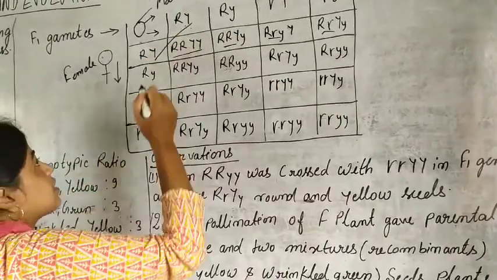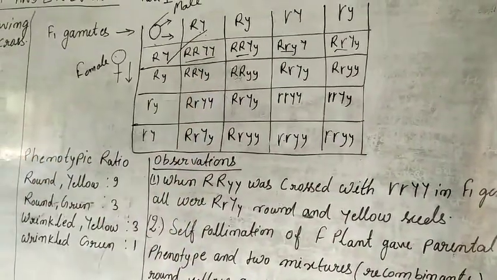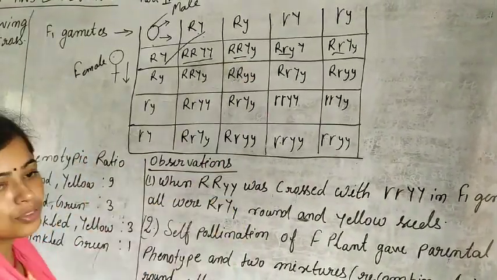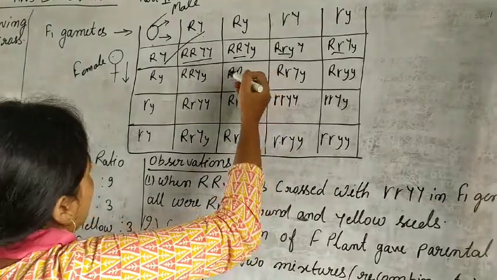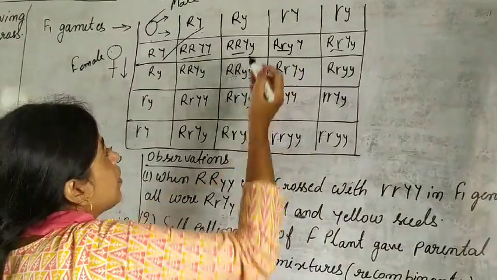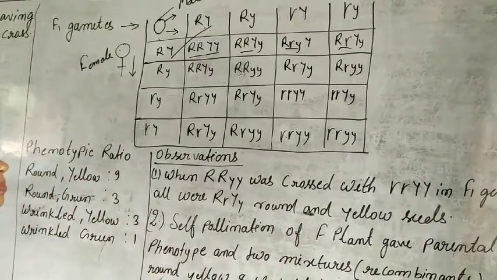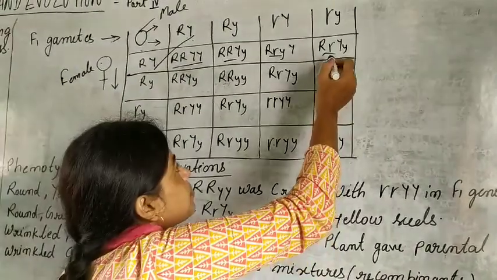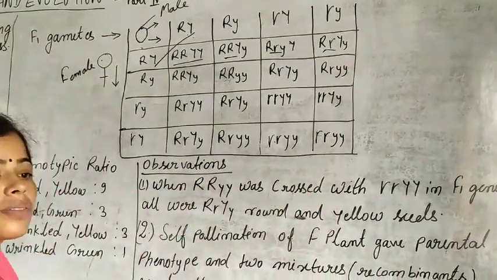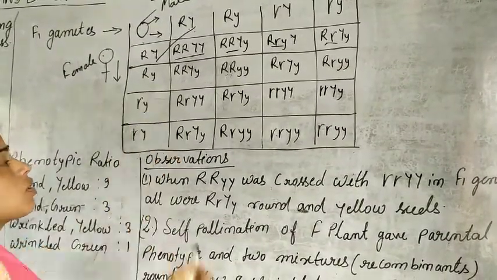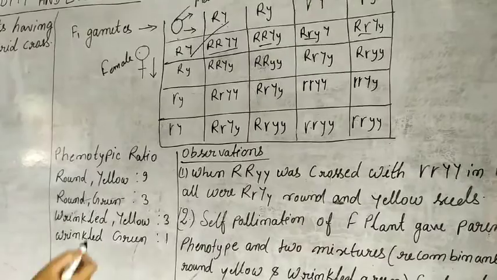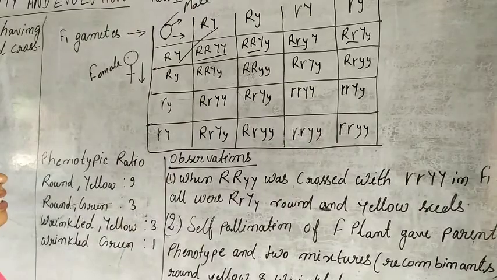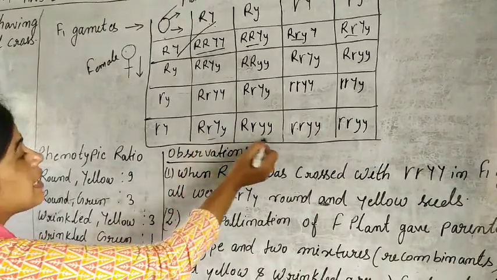In the first generation, we can see that all the gametes are tall. In the next one, 3 are tall and 1 is dwarf. In the third one, 1 is tall, 1 is short, 1 is also short, and the last one is tall. And the last pair is 1 tall, 1 short, 1 tall, and 1 short. This rule also applies in human beings. And you can see this, the related generations come together, and the results are here.